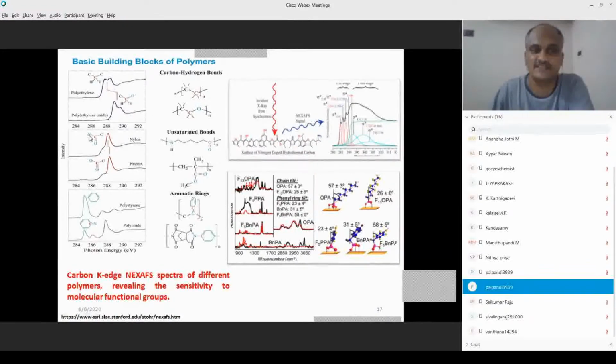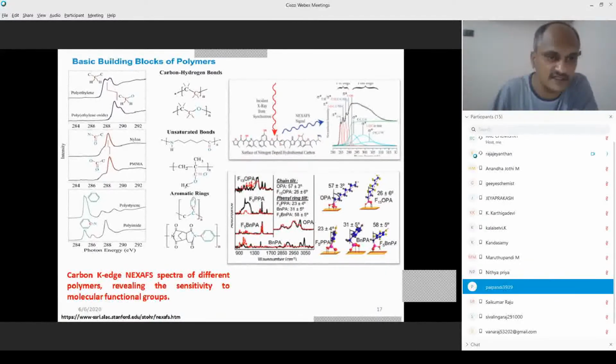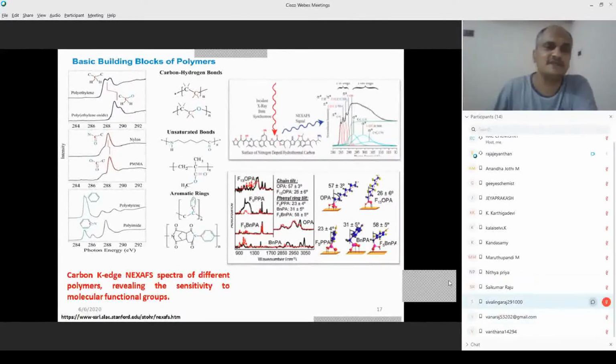is bonded to a nitrogen atom. In polymethyl methacrylate, the carbon is attached to the oxygen atom. We all know that oxygen is more electronegative than nitrogen, and the difference in electronegativity is very small. So the shift is very small here. You can see here at the center there is a very small shift, but for a higher electronegativity atom, the spectrum is shifted to higher energy. Okay, so very small changes in the chain of the polymer can be easily recorded